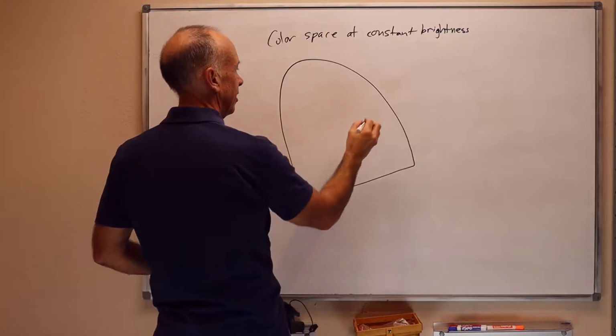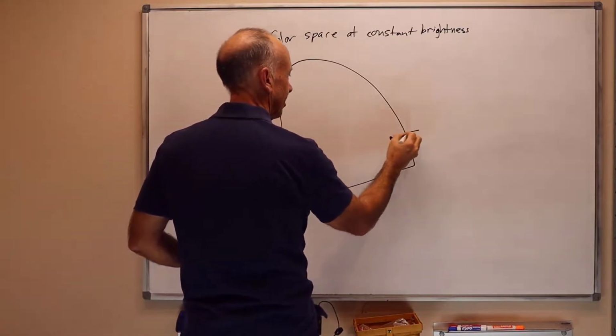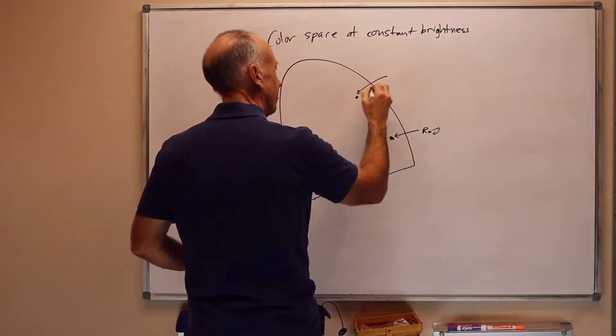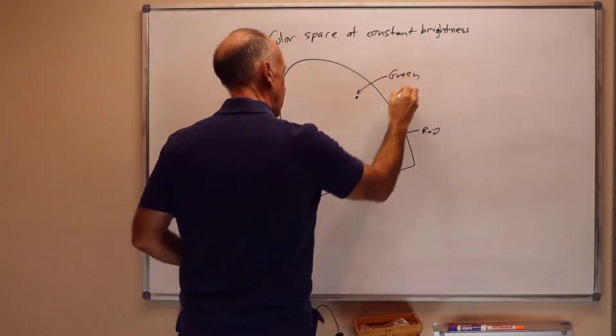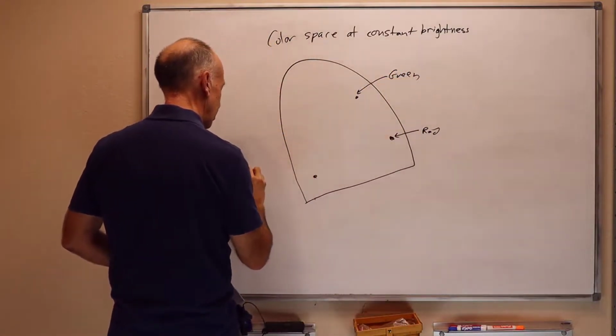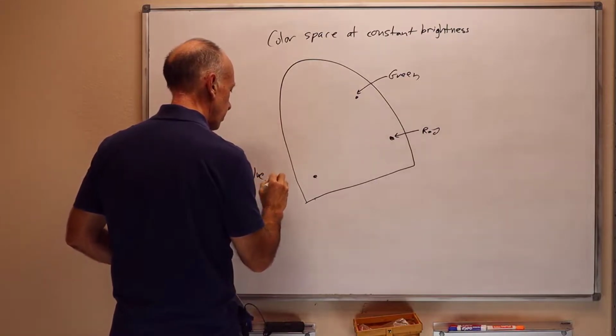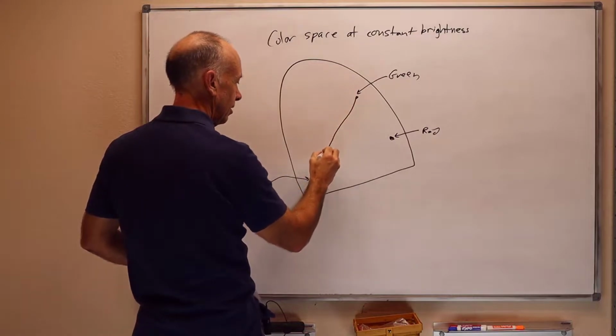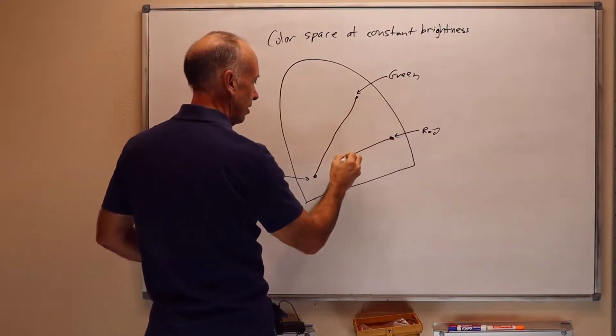And inside it, there's going to be some point that's identified as red, some point that's identified as green, and some point that's identified as blue. And if we form the triangle of these three things,